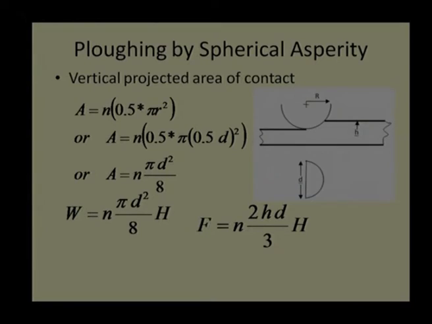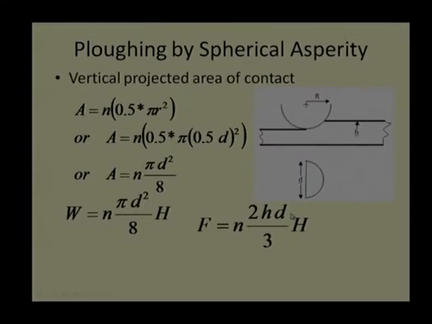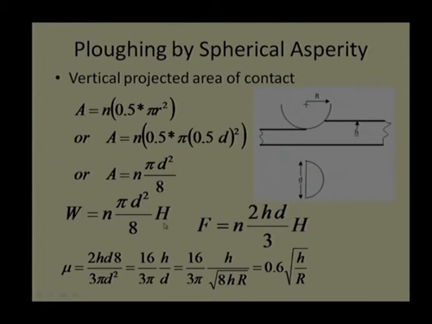We do not know the dimension d. So, we can express d, or express h, in terms of capital R, the radius of this sphere, then we can get good results. However, in this case we will try to express h and d in terms of capital R. So, we can play with h by R and find out what will be the result and how the results will vary. So, in that case, if I want to find out the coefficient of friction due to the deformation, particularly due to